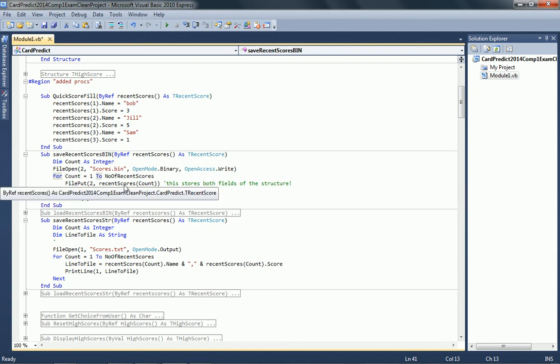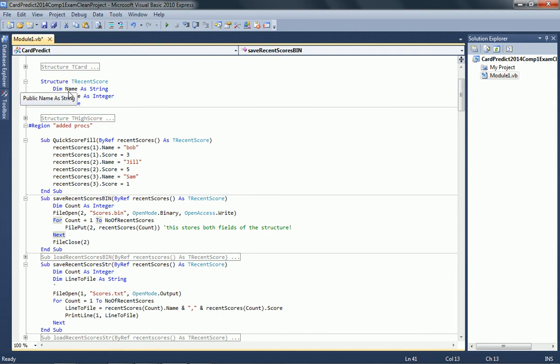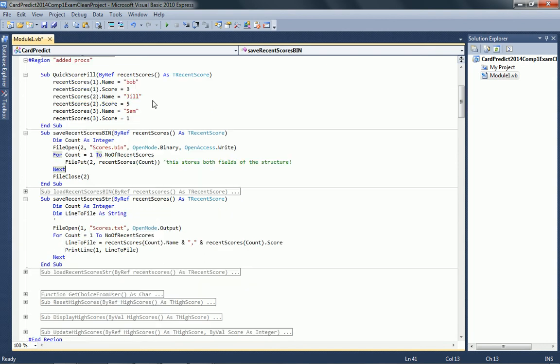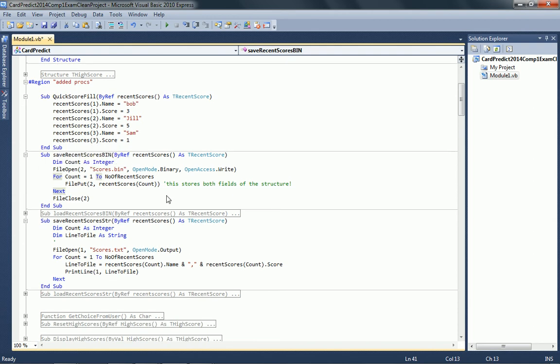Now, RecentScores is a data type. It's a custom data type. It's a type that we've created. This effectively gets stored as a long integer, which I think is 4 bytes, which is comfortably enough to store the string and integer within it. I don't know what happens if your string ends up being longer than that, but anyway,